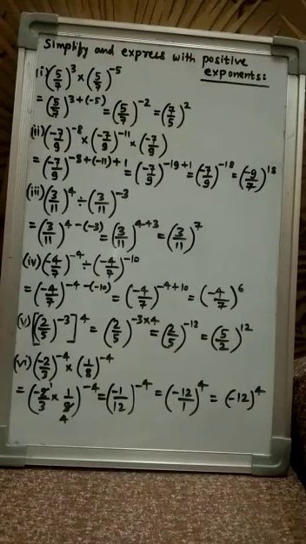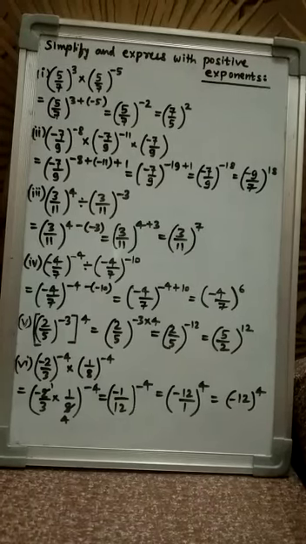Next, base minus 4 by 7 raised to the power minus 4 and another same base minus 4 by 7 raised to the power minus 10, and both these terms are in divide. Again we will subtract these powers according to the law of exponent. So minus 4 by 7 raised to the power minus 4 minus the next power, minus 10. So minus minus becomes plus 10. So minus 4 and plus 10, on solving it gives 6. So the answer has already come with positive exponent: minus 4 by 7 raised to the power 6.